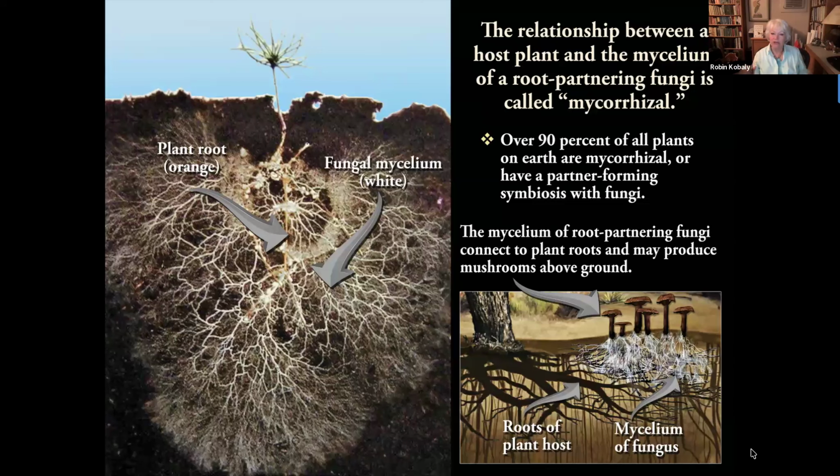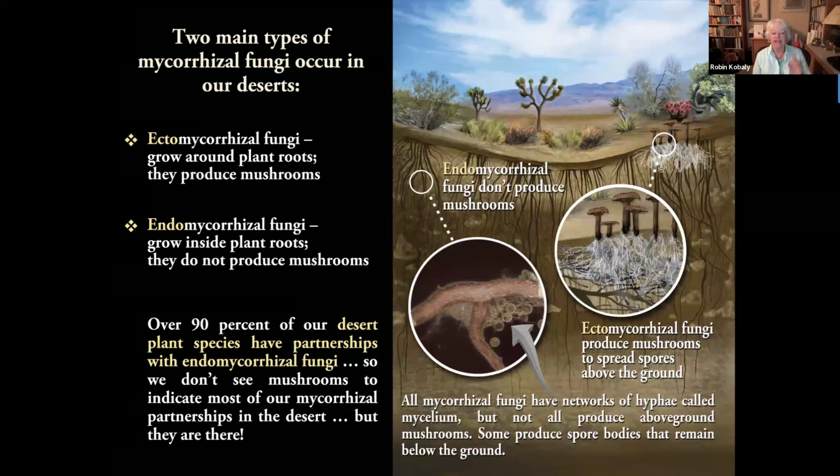So we actually have two main types of mycorrhizal fungi in the desert. There's both ectomycorrhizal and endomycorrhizal. The difference is ectomycorrhizal fungi grows around the outside of plant roots, and they actually put up mushrooms that you can see above the ground. The endomycorrhizal fungi grows inside of the plant roots, and they don't produce above ground mushrooms. What they do instead is produce spores underground,